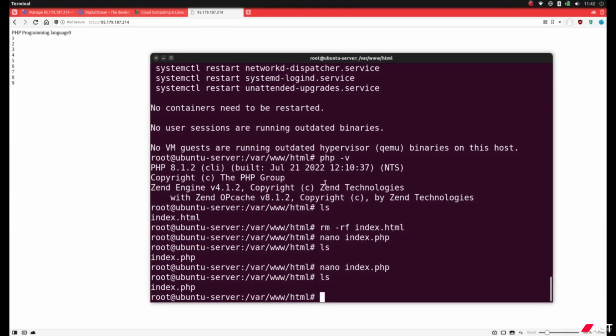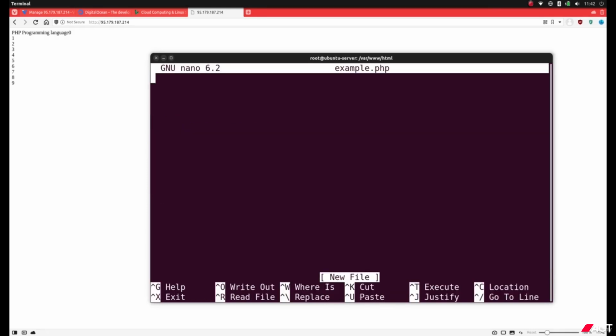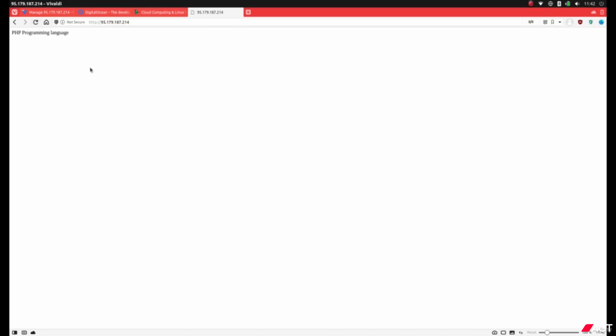For instance, we can create a new file, example.php. We again have the start code and the end code. And now we can write some programming language code, for example, echo example PHP, maybe some variable, and then output that variable. So if we reload this page, you'll see it just outputs this, and that is because